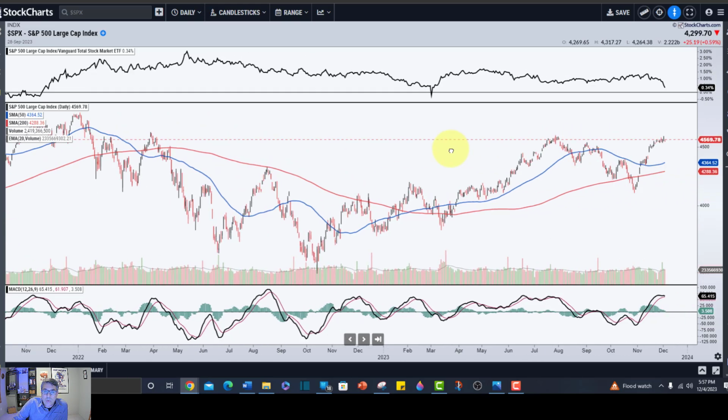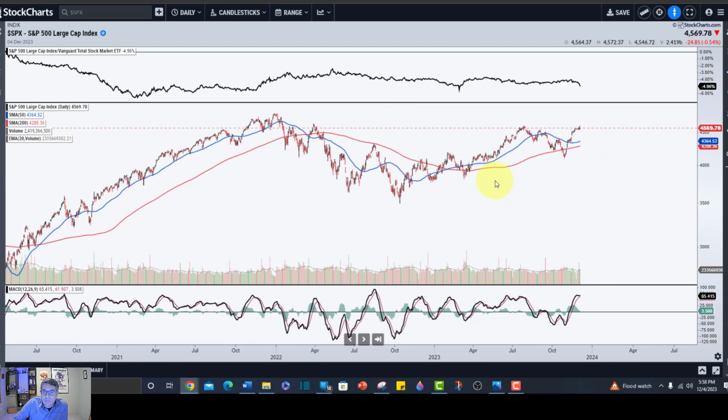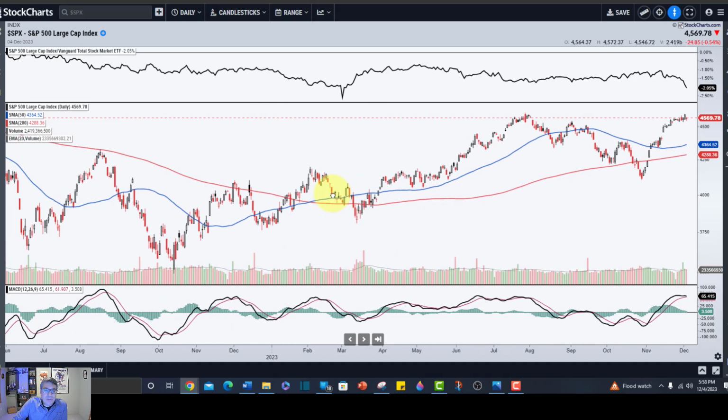Then there are times when the market is whipsawing sideways and it keeps pulling back and forth between the averages. We saw that at the end of 2022 and the first few months of 2023 as the market transitioned, if we zoom out, from a bear market to a bull market. And a whipsaw market is terrible for swing traders, and that's when you want to just be on the sidelines. So those are the three fundamental trend following rules given to us from Dave Landry.